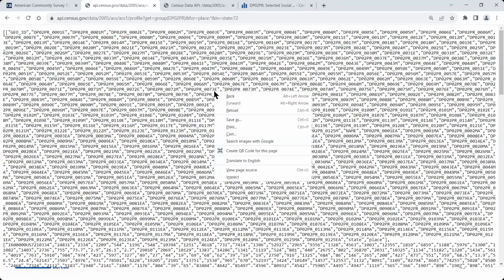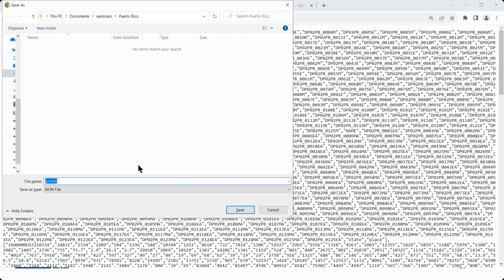So when I right click and choose Save As, it's going to open my file browser here. I can name the file name whatever I want. I'll name it DP02PR, but I do have to make sure I add a .csv at the end. That's the important part. Anything before the .csv can be any name you'd like, but do make sure you have a .csv at the end. The other important thing to remember is to change your save as type to all files. So once we do that, make those two changes and go ahead and hit save. The file should download for me, and I'll go ahead and open it up.